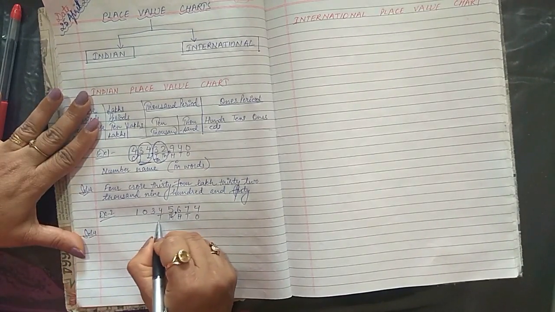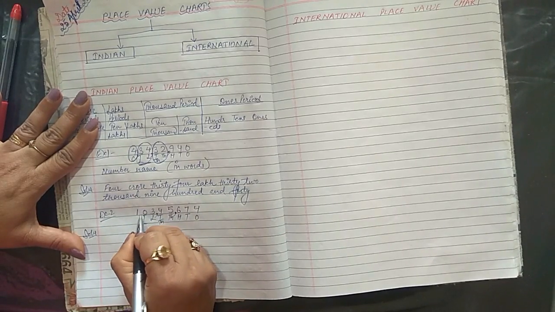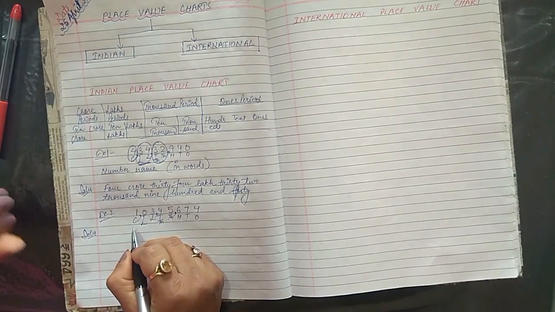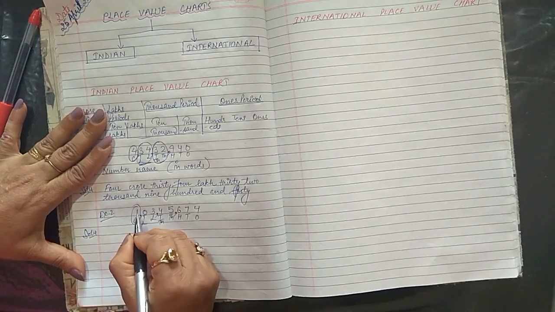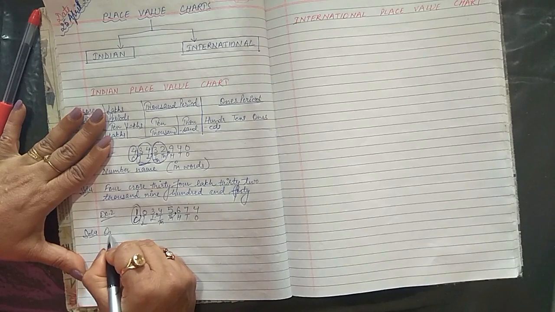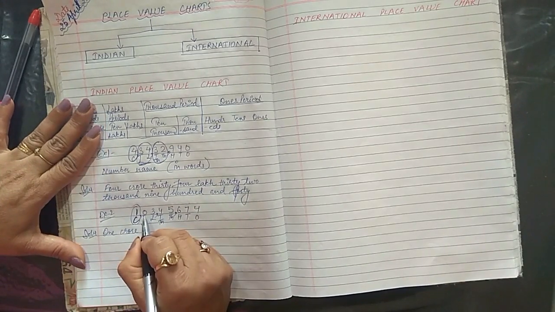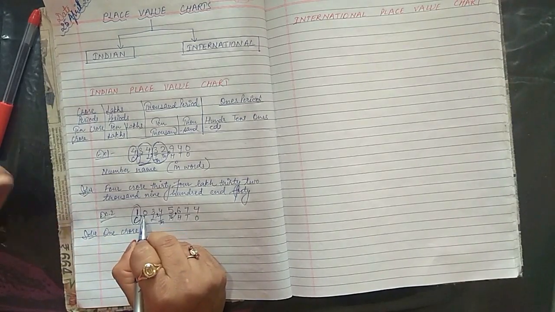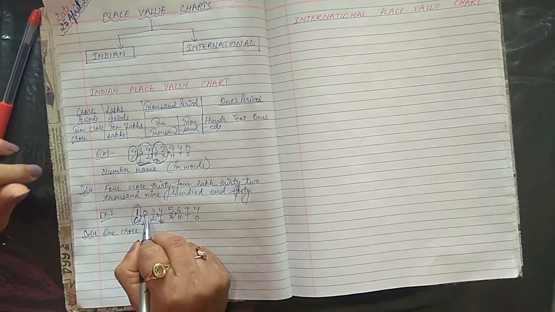1,000, 10,000. Put comma over here. Lakh, 10 lakh. Put comma over here. This is crore. Now this will make your work easy. How? Now start writing from here. What is this? 1 crore. So we are going to write that. 1 crore. Now see the next two numbers. It's 0 and 3. It's not written 30. It's only 0 and 3. 0 and 3 makes only 3.